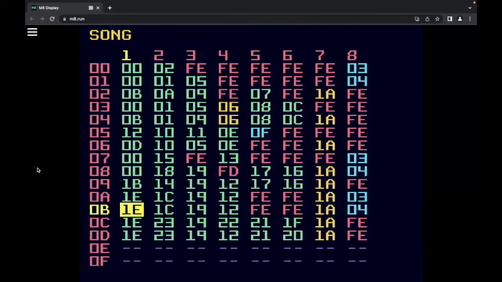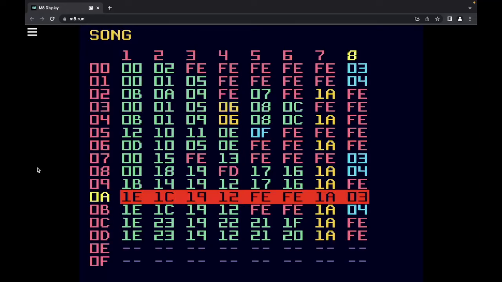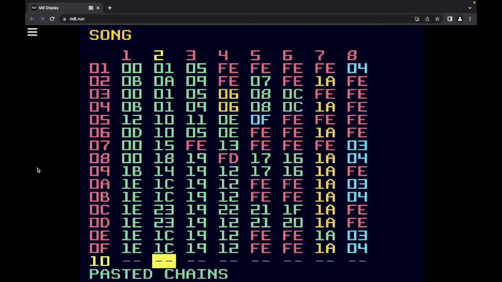So I've been listening to it, and what I love about my OP1 too is that I just love these two devices as a pair because I love figuring out melodies and just jamming on the OP1 and then trying to translate that over to the M8. So something that I kind of came up with was after this bit right here, what if we kind of went back to this pattern,